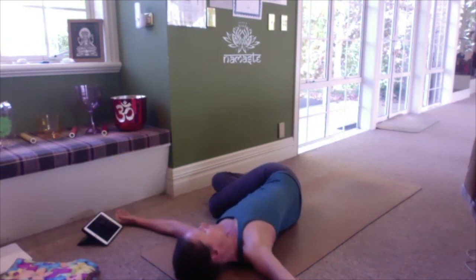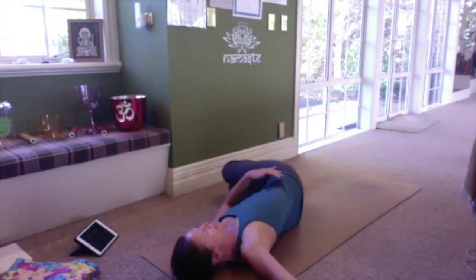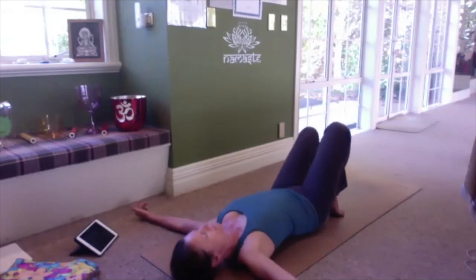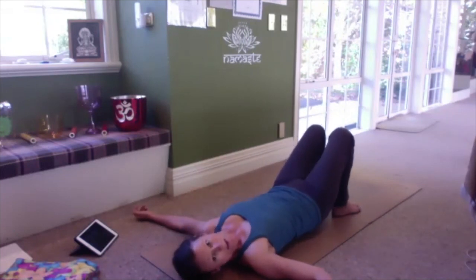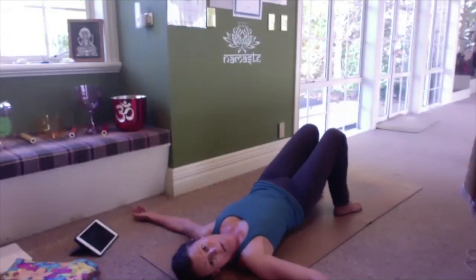Once you've found your shape, let yourself settle in. There's no need to try to go any deeper. Simply release against the earth. To come out of the pose, uncross your legs first so you're not straining the lower back, and then roll onto your back. Readjust yourself on your mat to be balanced, and then push into your feet to move your